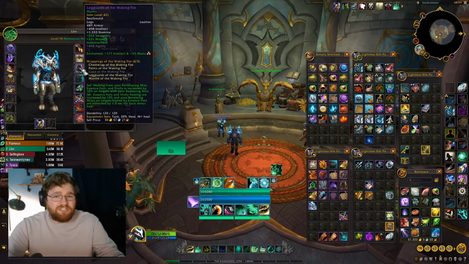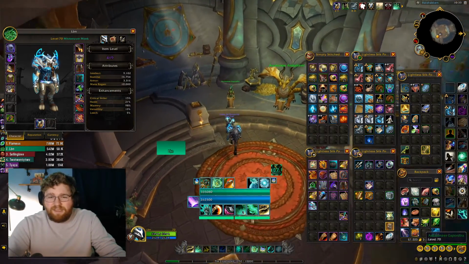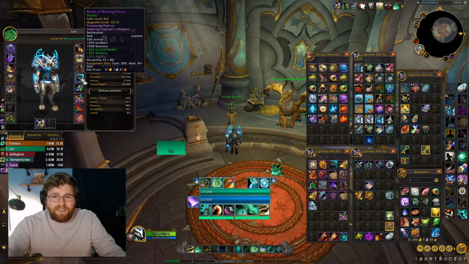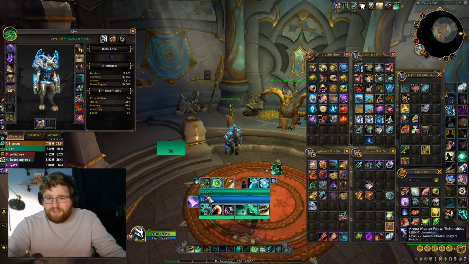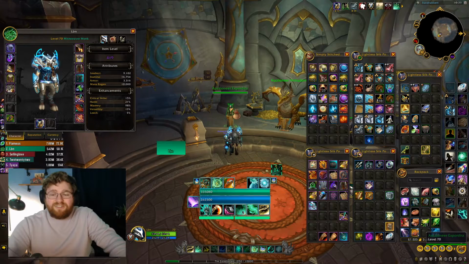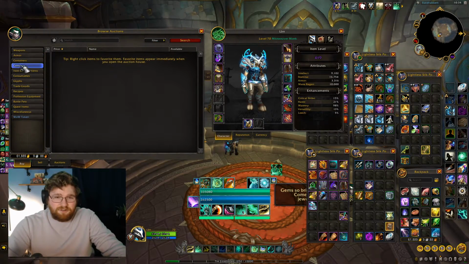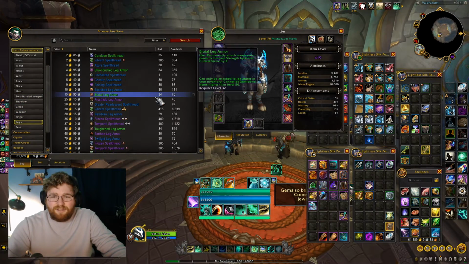Next up is an enchantment that you guys can get, and that is actually a leg enchantment. You see there it says it gives me 5% mana, which is really strong. And as you see in my mana bar, I don't just have 250,000, I have 262,500. So we're going to look here for item enchantments, and we're just going to go to the legs and scroll down